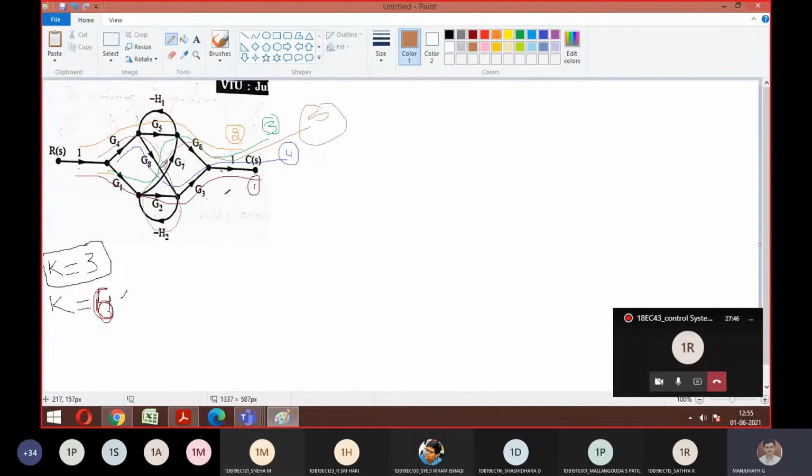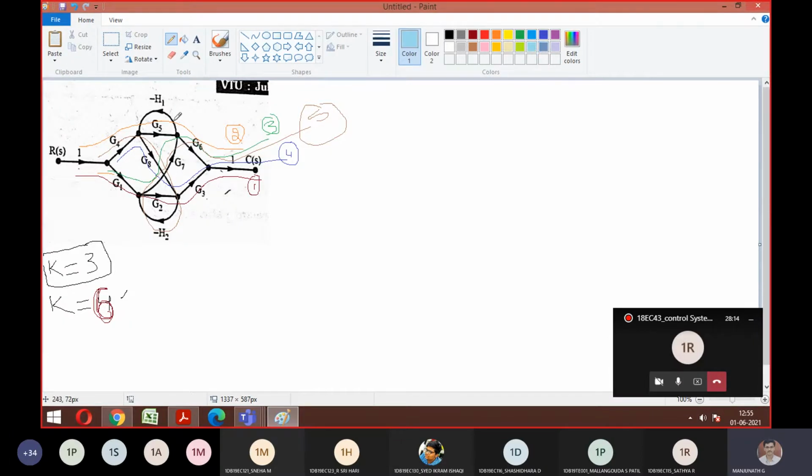I'm not touching any node twice. You just look at the things and tell me. That is how you are considering the forward path. Yes or no? Yes, sir. Do you remember? So the same node should not be traced twice. That is the logic we should understand. So G4 will go here, G8 will come here. Then along with this minus H2, I am not touching this. I am coming here. So G7 is there, then G6 getting out. So what is the last one? So similarly, you can have one more combination either end.